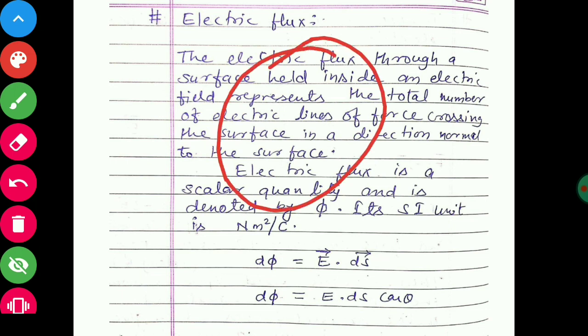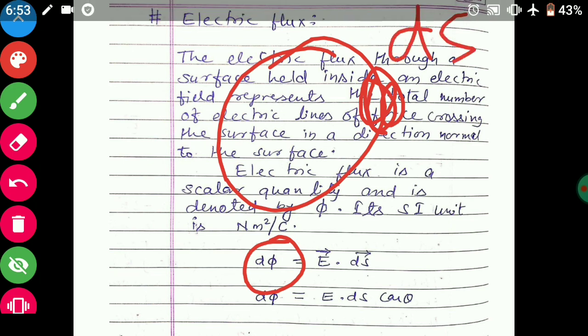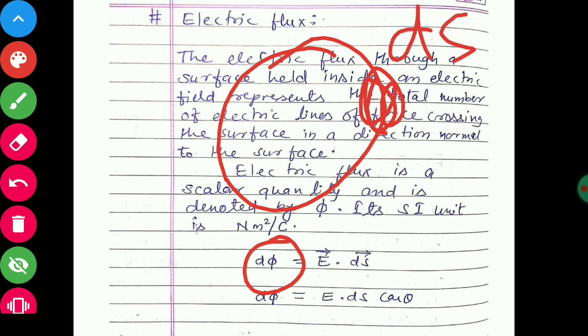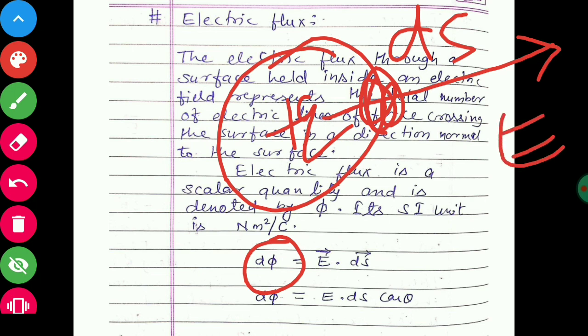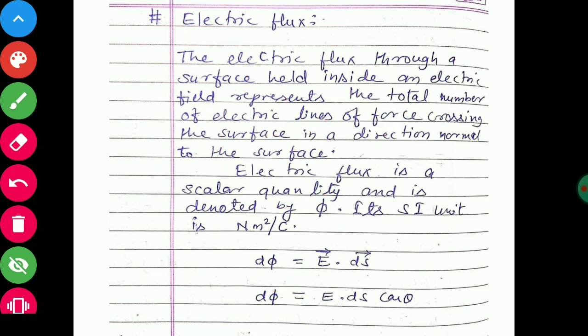Suppose for a surface you assume the electric flux is d phi, a small number of field lines which cross normal to the surface. For that we assume a small surface, say ds. Now suppose there is a positive charge placed, and due to that positive charge the electric field is in the outward direction. So ds is also outward and both are parallel to each other. In that situation, what is d phi?